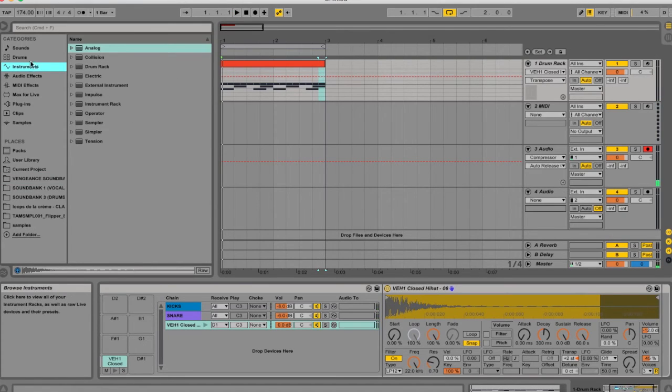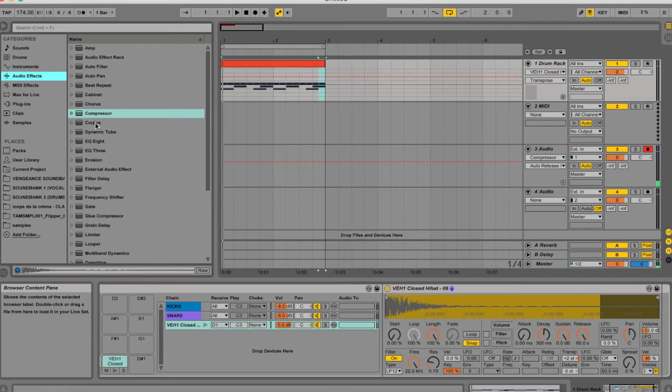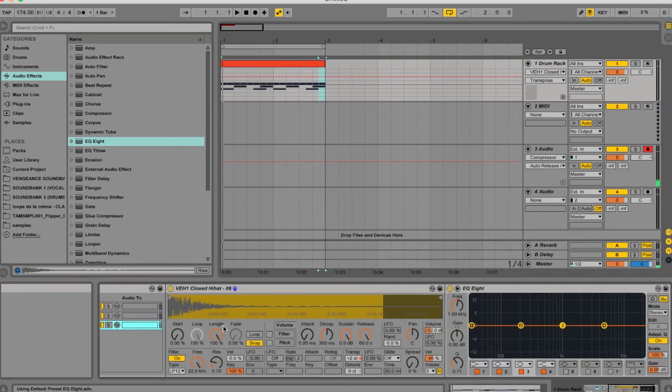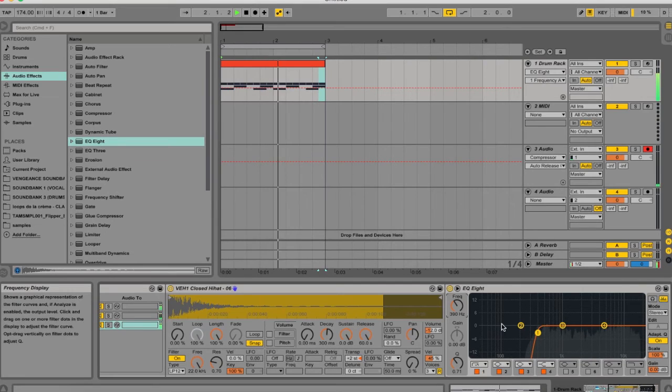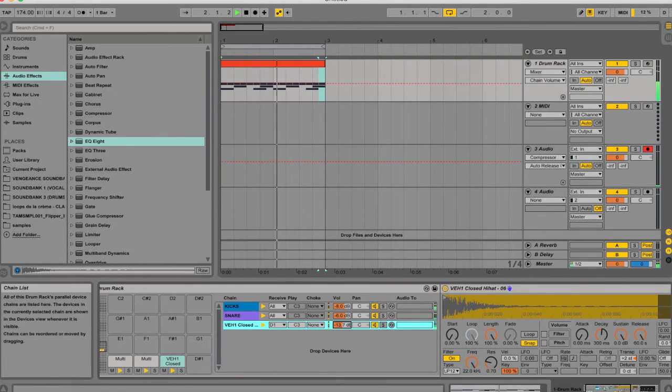Okay, so we're gonna need to EQ this. Sound really thick, that hi-hat. Gonna brutally low cut this. I'm gonna pan this a little bit. And I'm gonna add some